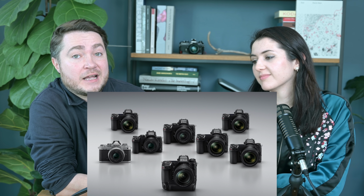It will also make a lot of people who were thinking that the Z9 is not a camera for them start to think about it. Yeah, it's a sizable difference. So anyway, that's a very aggressive but smart move on the part of Nikon to make this camera more available